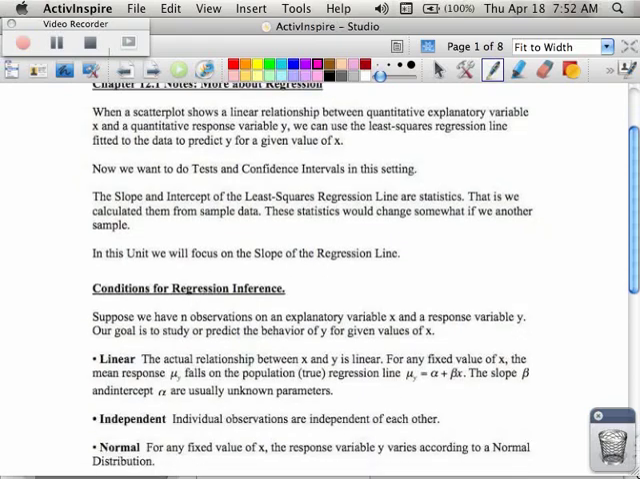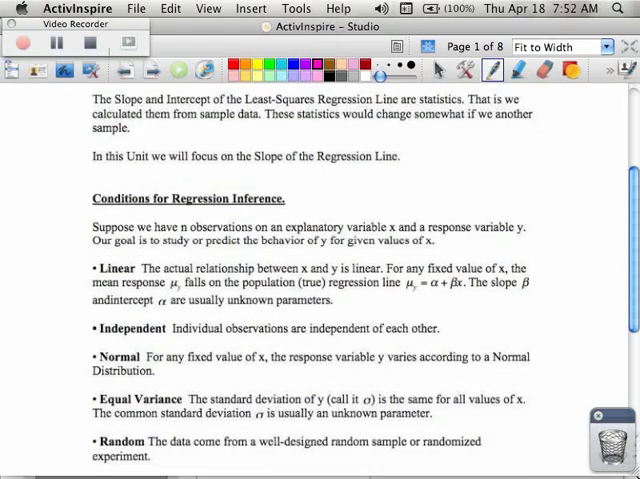The slope and the intercept of this least squares regression line are called statistics. So in the past we've talked about stats like mu, we've talked about p, and now we're going to talk about b. And actually they're going to call it beta in our stuff. And these statistics change if we take a different sample, so that's why we're going to do some statistics on it. And we're going to focus on the slope of the regression line,